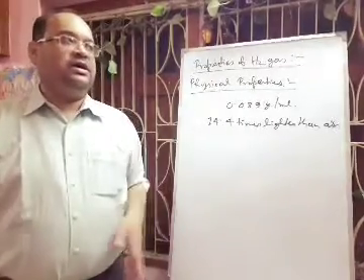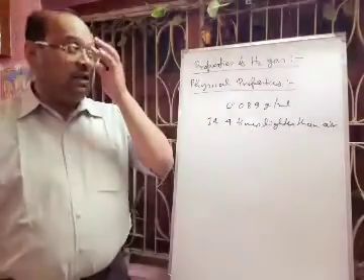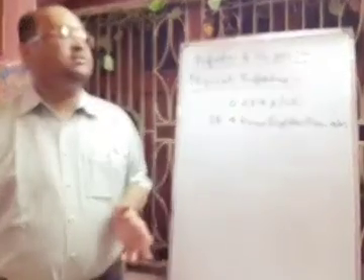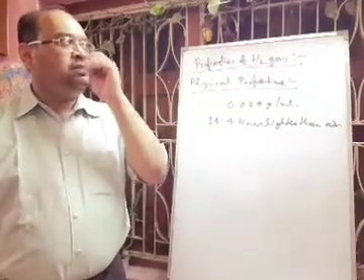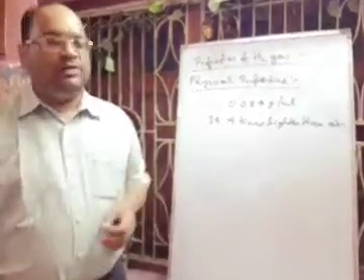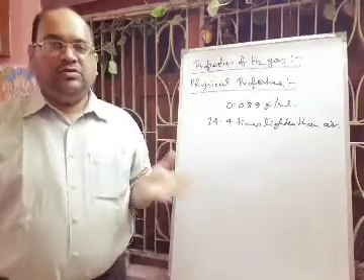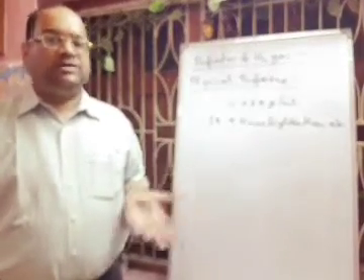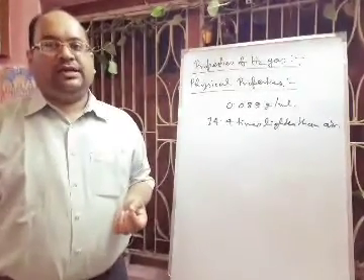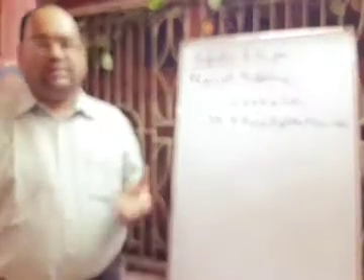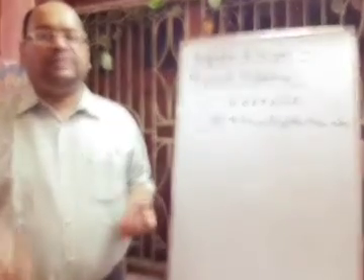If you look at the total number of elements in the periodic table, 118 elements, hydrogen is placed first. It is in group 1 and period 1. Its molecular mass is around 2 gram per mole. As the molecular mass is very low, it is the lightest gas. And hydrogen gas is very slightly soluble in water. In 1 liter of water, under normal conditions, only 20 ml of hydrogen gas will be dissolved.